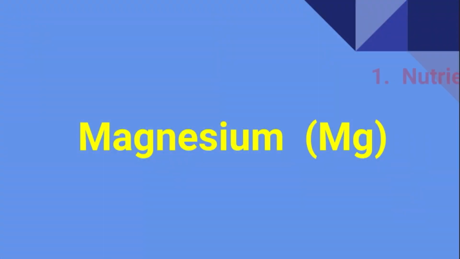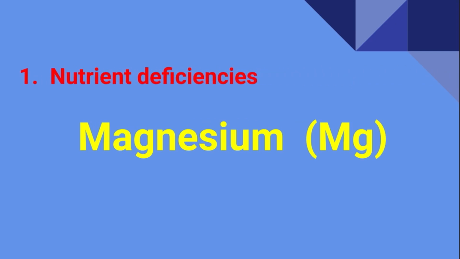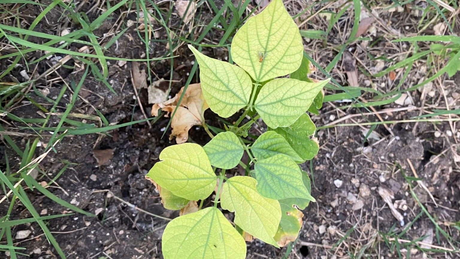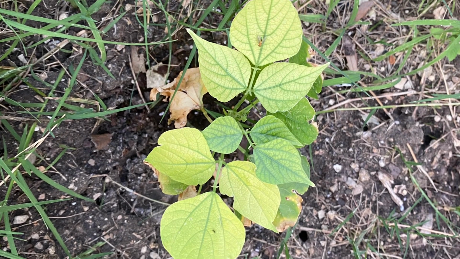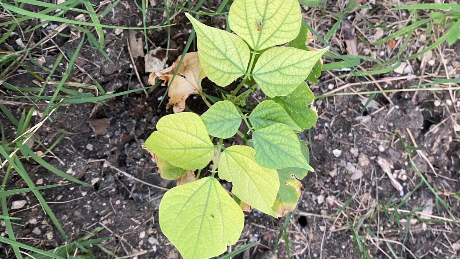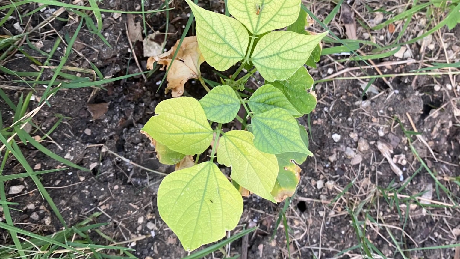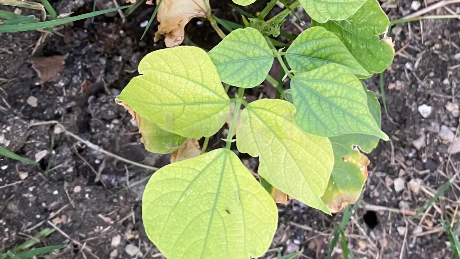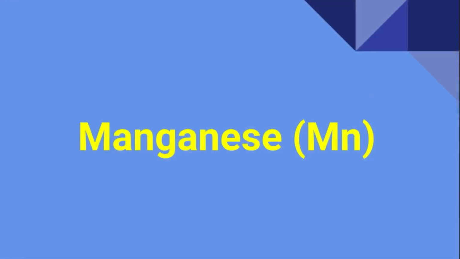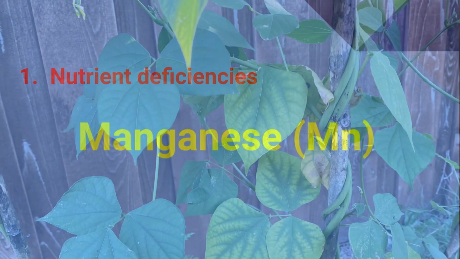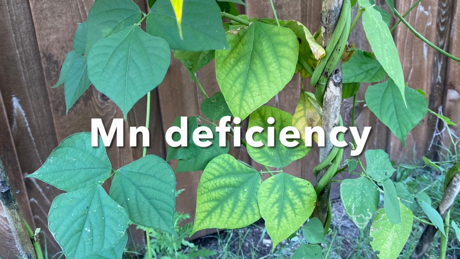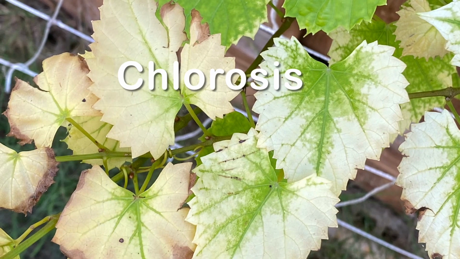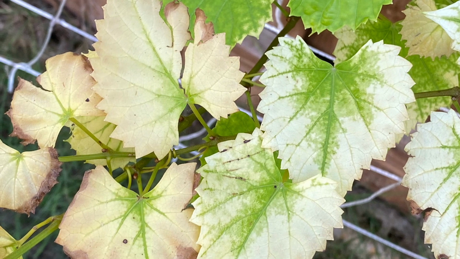The symptoms of magnesium deficiency include interveinal pale yellow mottling of the leaves followed by interveinal necrosis, chlorosis leading to dark brown necrosis, and sometimes the leaves cup upwards. Add Epsom salt with water, which provides magnesium to the plant. Early signs of manganese deficiency mimic an iron deficiency but on older leaves. Pale yellow leaves with mottled interveinal chlorosis lead to dark brown necrosis.